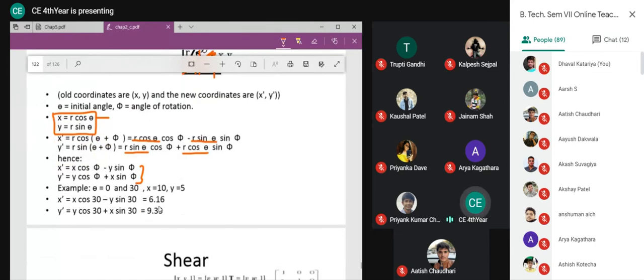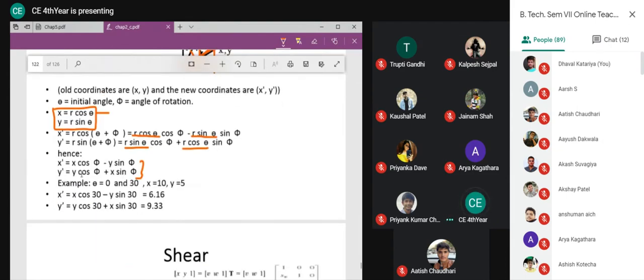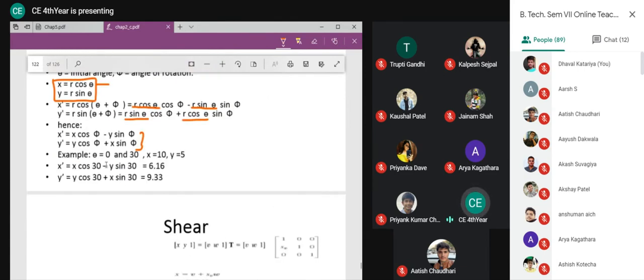Now, what is xy actually? Xy was my old coordinate, so you can read it as v cos phi minus w sin phi. You can read it like that, because x and y were my old coordinates. After rotation, my new coordinates are x dash y dash. So you can read it like x is equal to v cos phi minus w sin phi, y is equal to w cos phi plus v sin phi, right? So we are coming to this point.